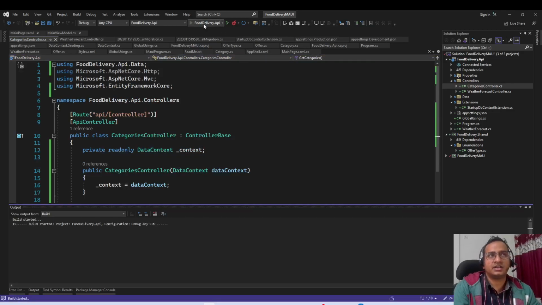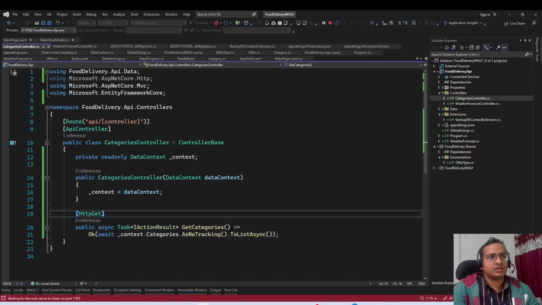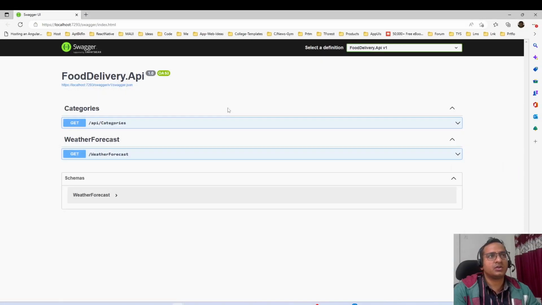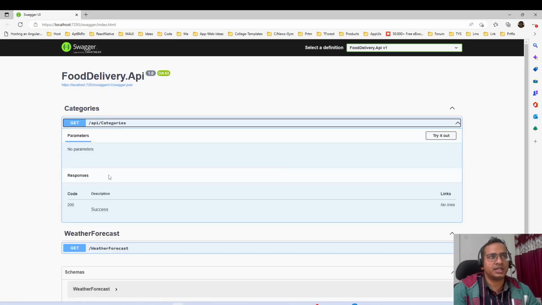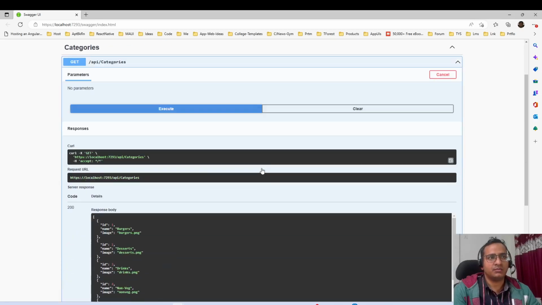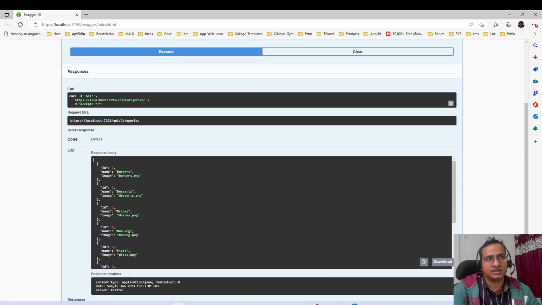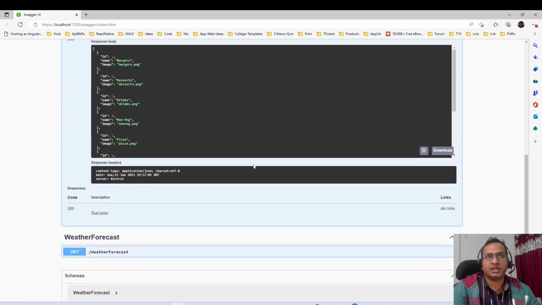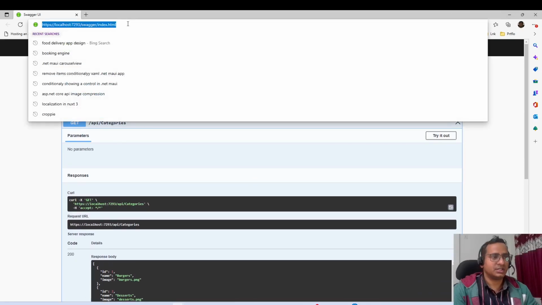So let's run it and let's try to navigate to this. We'll open a browser window for now. It opened this browser window and we have these API categories. Try it out, execute, and boom, we have these categories now, right? ID 1, name burgers, image, this, and all the data. We have this, right? So first thing, let's copy this